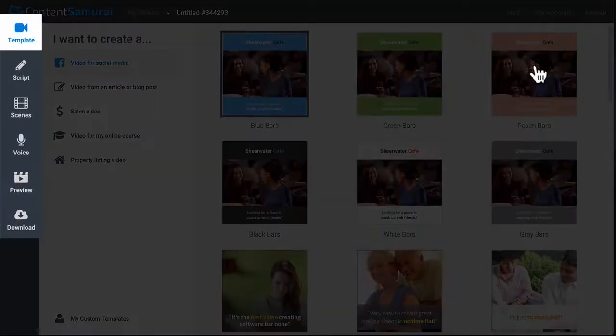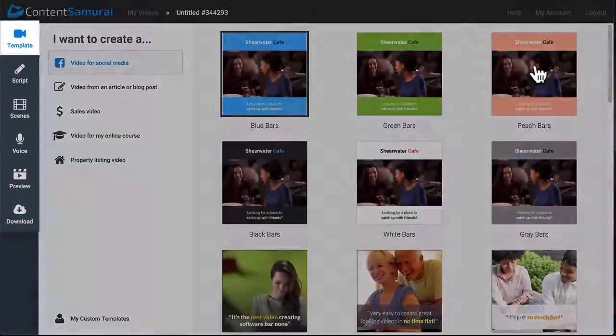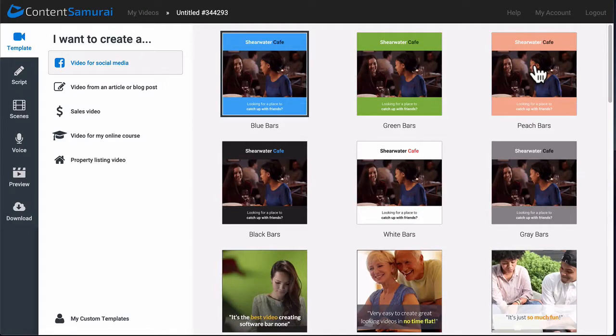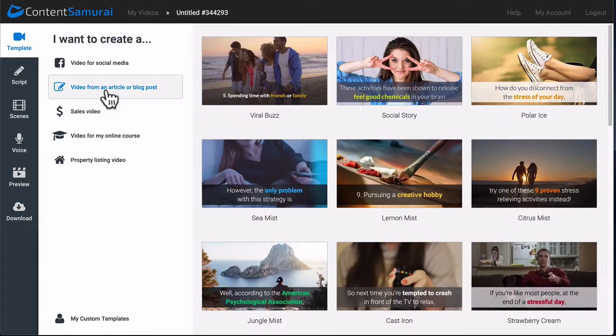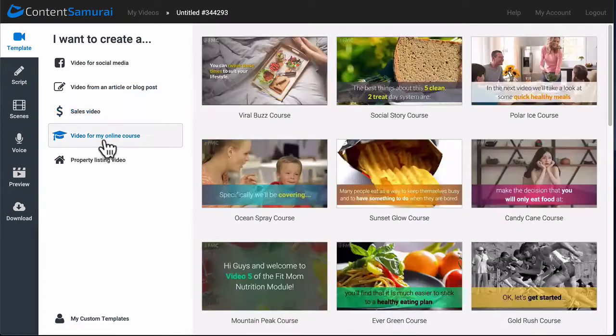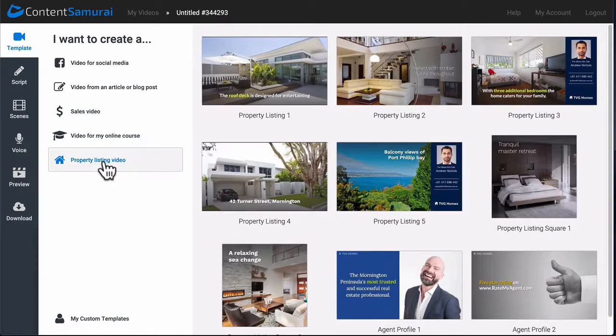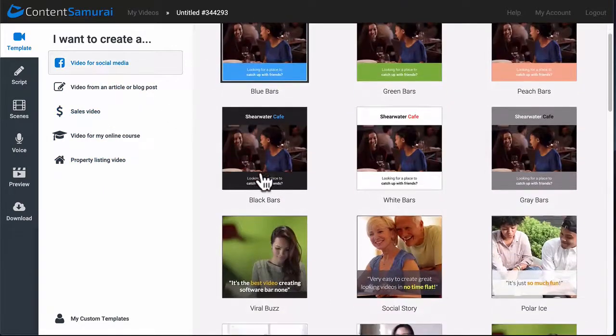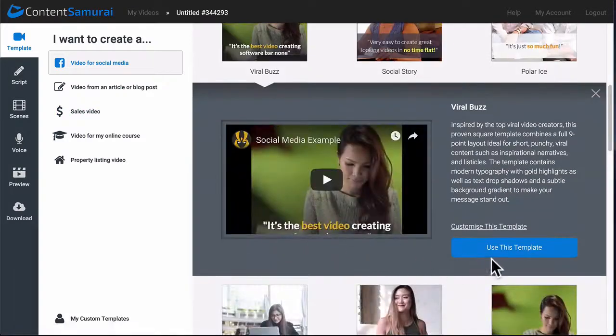Now over here, you'll see that we've broken the whole process down into 6 easy steps. The first step is to select a template for your video. You can choose to create a video for social media, create a video from an article or blog post, create a sales video, create a video for your online course, or even create a property listing video. For this example, I'll choose the social media category, find a template I like, and then click Use this template